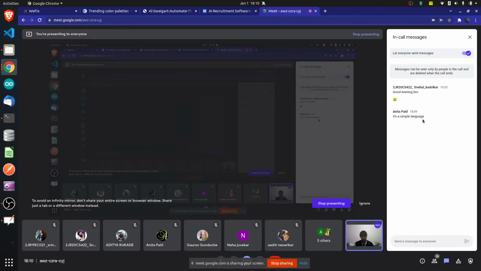But it became so much popular because of its simplicity and because of its wide range of things which are available inside it. I'll tell you what are those. But because of that, it became so much popular that the whole world started using it. So that's it. Only simplicity. What she told is completely right.